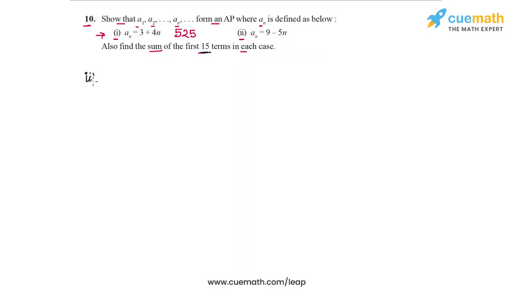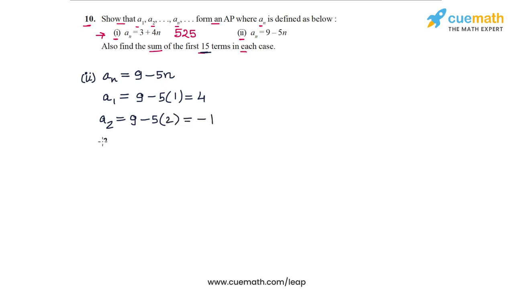In part 2, the nth term of the sequence is given by an equal to 9 minus 5n. So let's find the first few terms of this sequence. a1 will be equal to 9 minus 5 times 1, so that's 9 minus 5 or 4. Then a2 is equal to 9 minus 5 times 2, that's 9 minus 10 or minus 1. Then a3 is equal to 9 minus 5 times 3, that's 9 minus 15 or minus 6. Then a4 is equal to 9 minus 5 times 4, which is 9 minus 20 or minus 11, and so